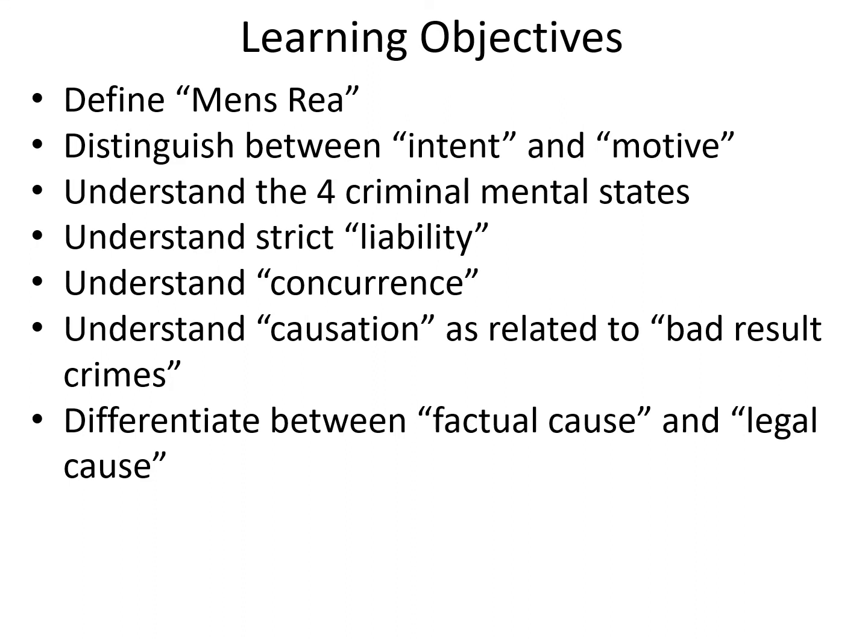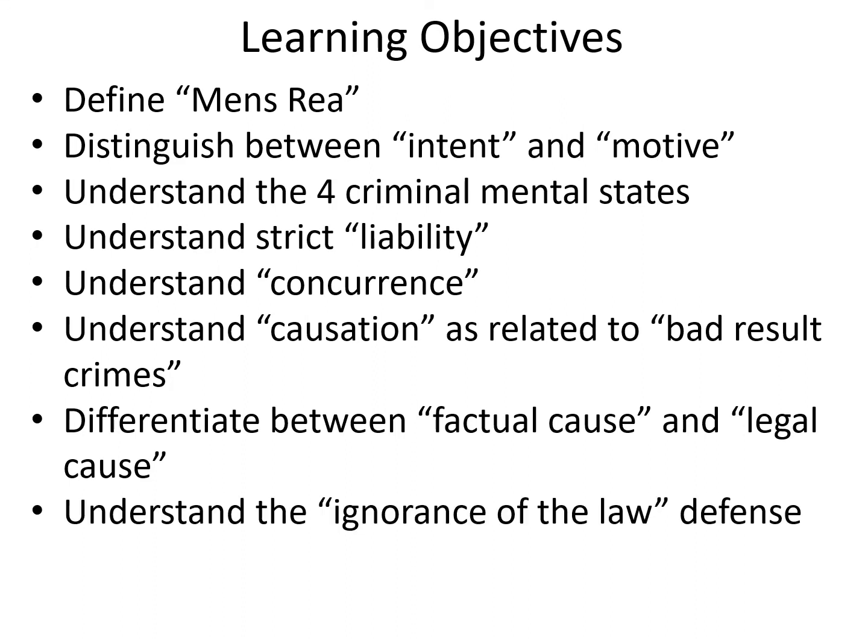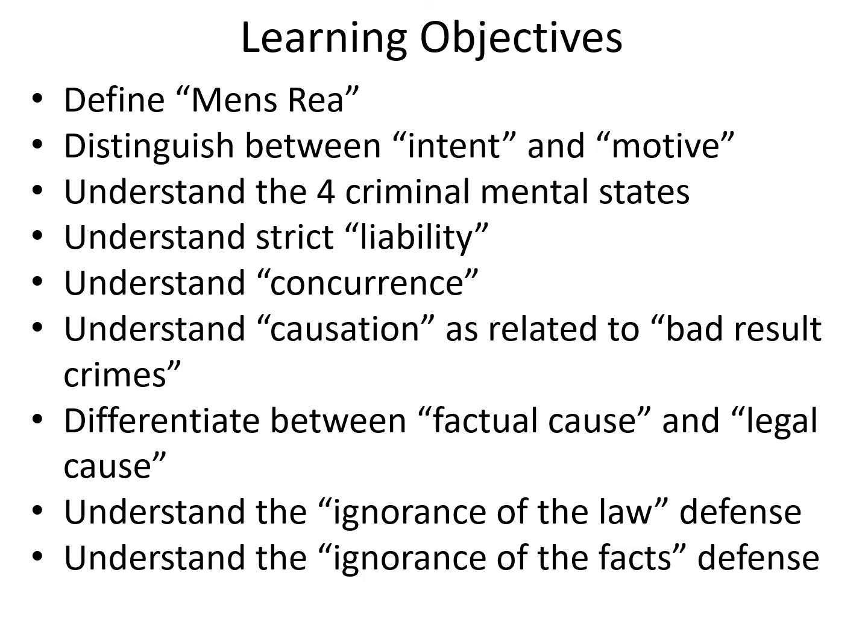We're going to differentiate between factual cause and legal cause. We're going to understand what ignorance of the law means and whether it's a defense, and what the concept of ignorance of facts means, whether it's a defense, and how ignorance of facts differs from